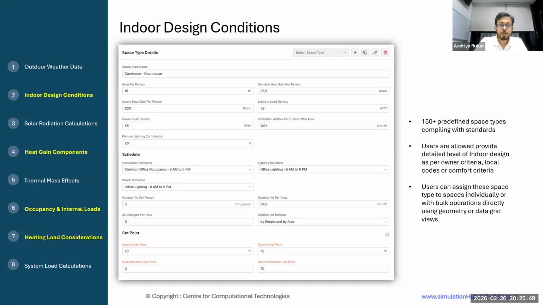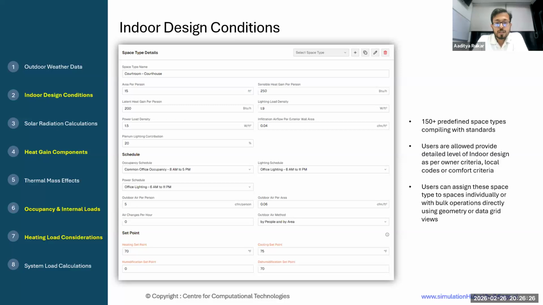Then you can also upload or provide schedules for all the equipment, for occupancy, as well as lighting and equipment, and then your outdoor air requirement according to ASHRAE 62.1, or if you have any custom requirements, you can mention them in space type details, so that your indoor design condition should be accurate and it will be compliant to ASHRAE 183.